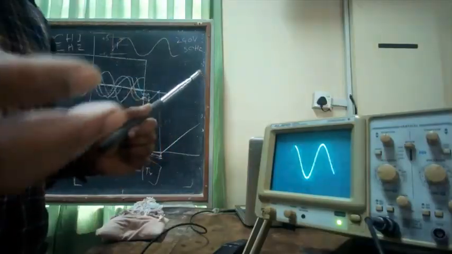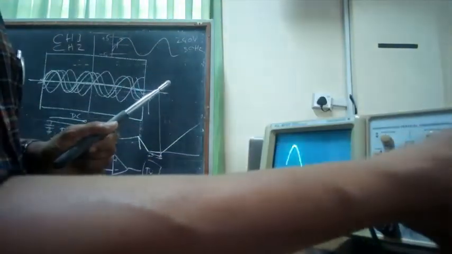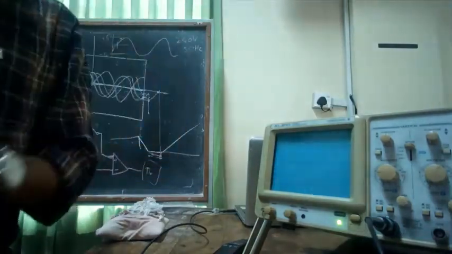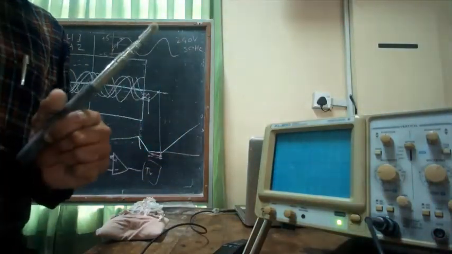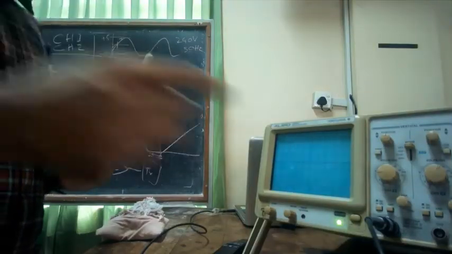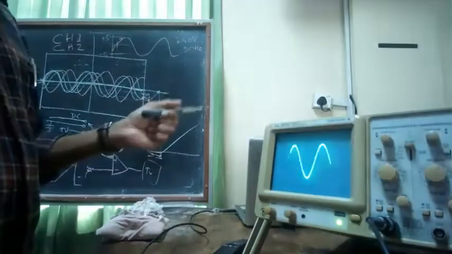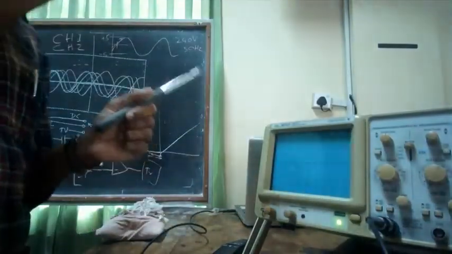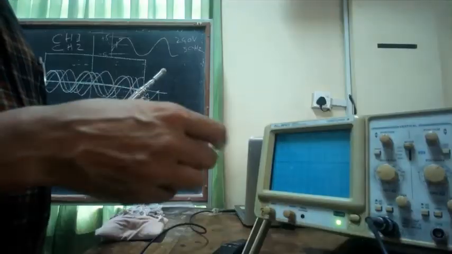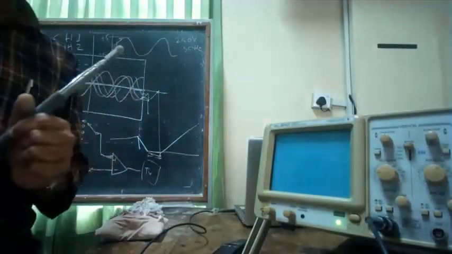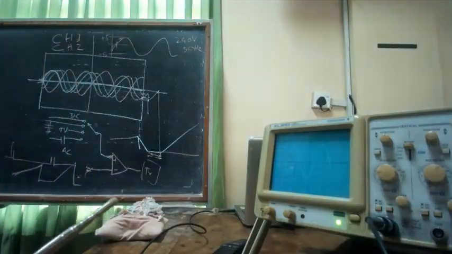If it still doesn't do it, then you have to see whether you have used the correct channel, the same as the channel that you are trying to stabilize. If it is channel 1, you use channel 1 to stabilize the trigger, or else you can put it to alt mode, in which case it will alternately come back, but the better option is going for channel 1. And also sometimes this can happen if your signal is noisy. Say for example,